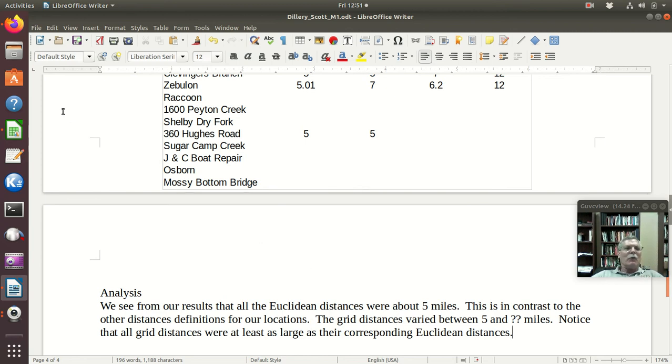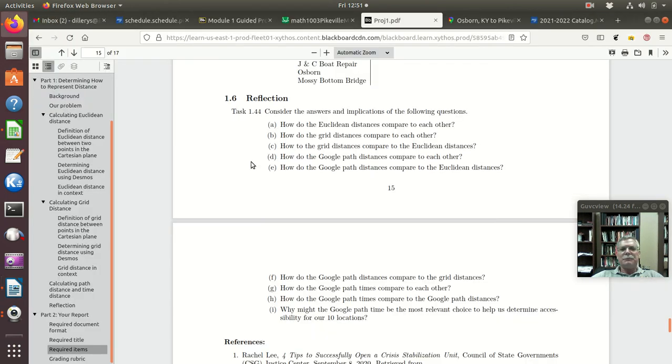Now, it gets a little more complicated as we go down here to the path distances. So again, how do the path distances compare to each other? Well, you can give a range. You might also say, are most around a certain amount or something like that? Well, I don't know. Maybe they are. How do they compare to the Euclidean distance? Well, again, they're all bigger. But now it gets a little more complicated when you start talking about this, because you'll say,